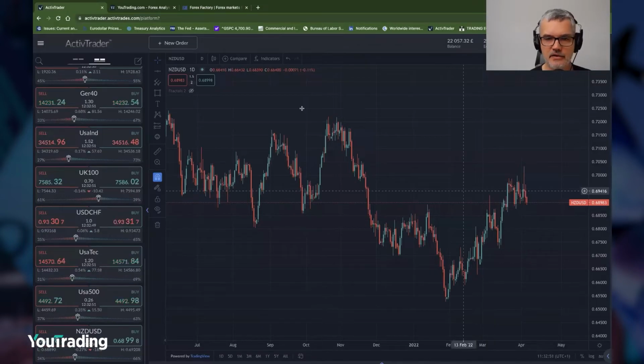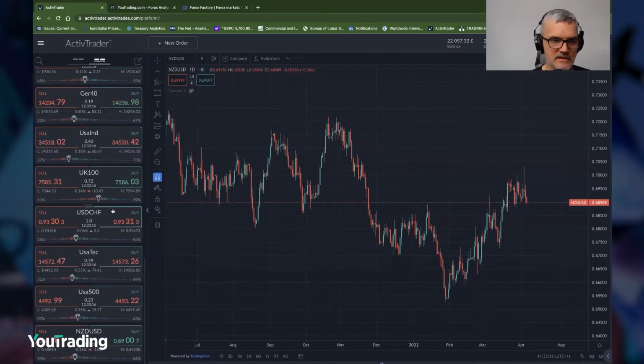Going back to the active trader platform, looking to the left-hand side, I like to use the sentiment indicator. Anything over 60% starts to get my attention. So New Zealand dollar versus US dollar, as we're looking at the chart, 66% of traders are looking to go long, 34% are trying to go short. The more the trade gets crowded, so above 60%, into the 80s and 90s, then that's when I look to